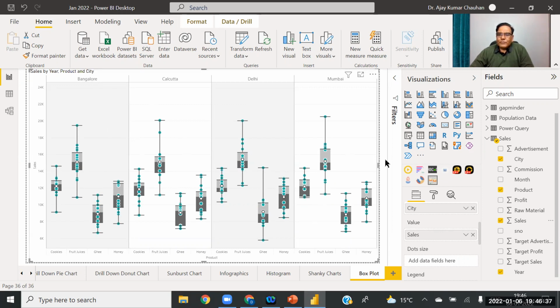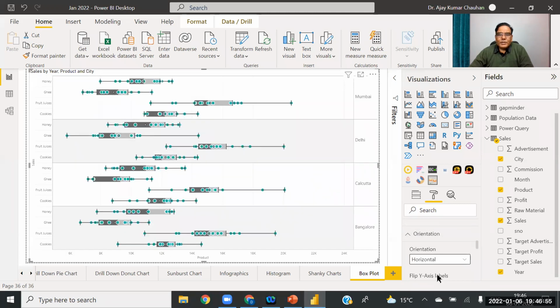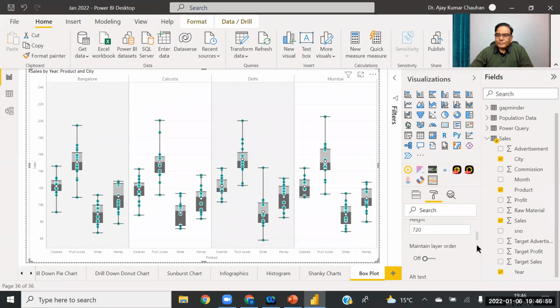So you have this kind of chart, and let me format it to improve this chart. Orientation, box options. Okay, you can convert it into horizontal also, but vertical is fine. Sorting option.